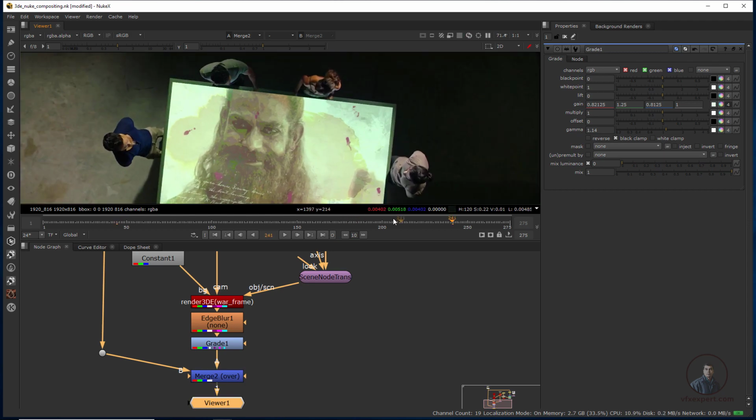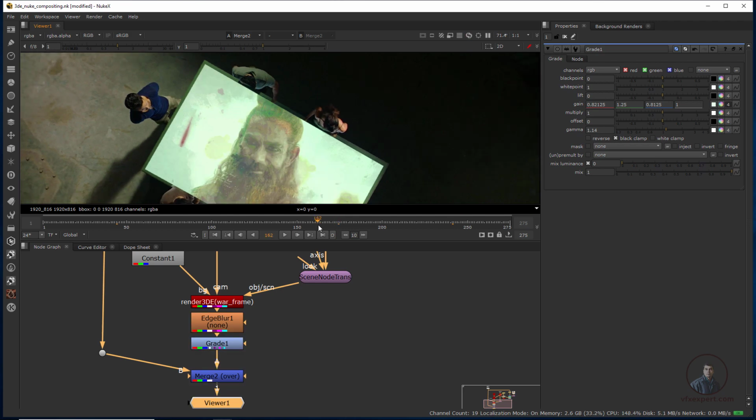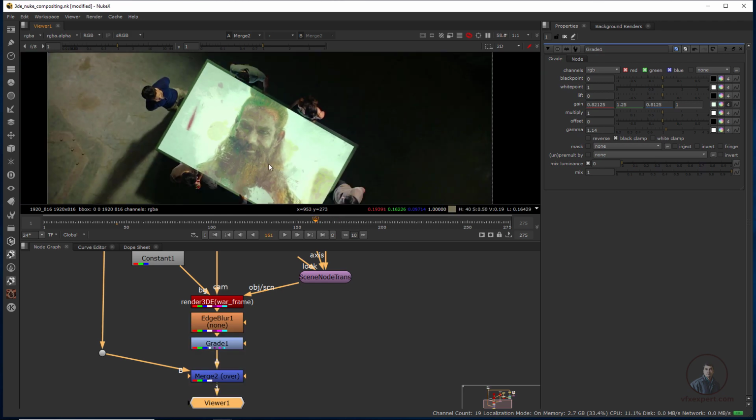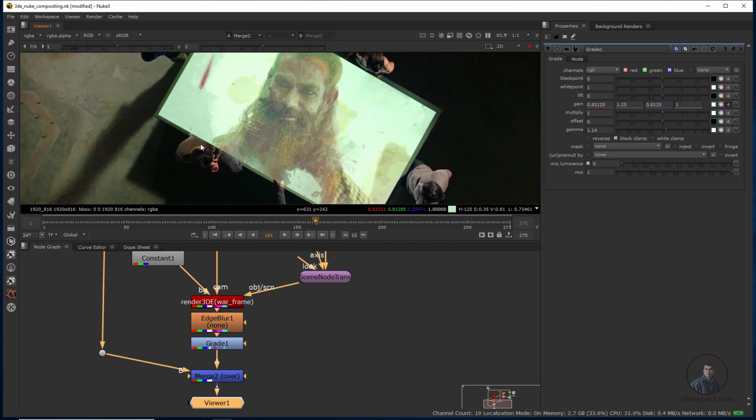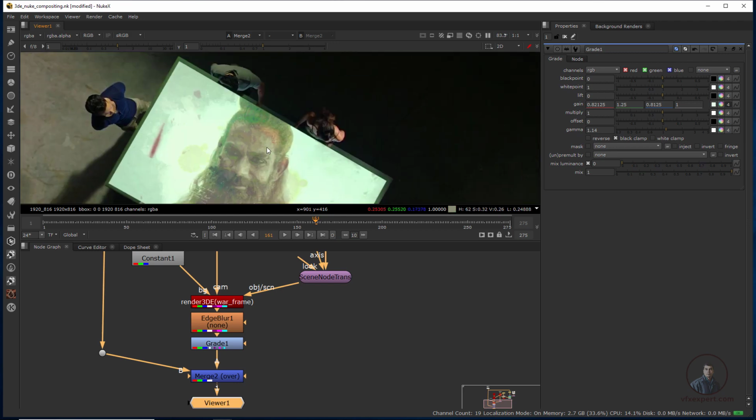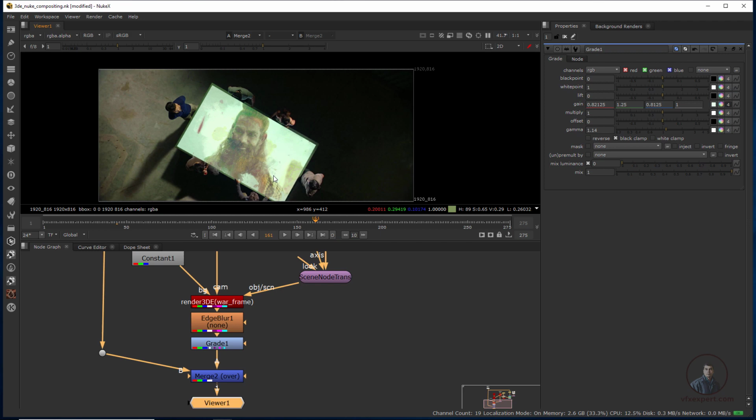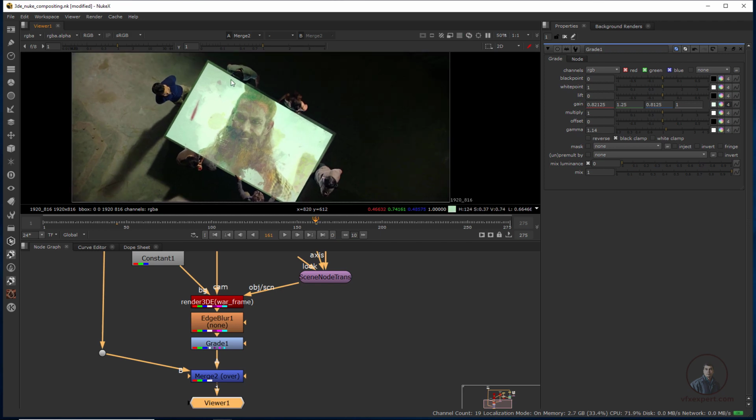Now after this, if you see here, see this head, because we have placed these screens on top of our original footage. So here you are getting a little bit of hiding of this person, and also this hand, and this head also. So finally, for the final compositing, you have to create a roto for all your characters which are intersecting with our screens.